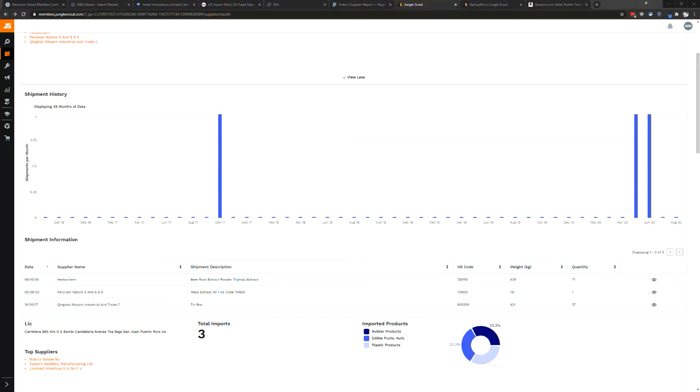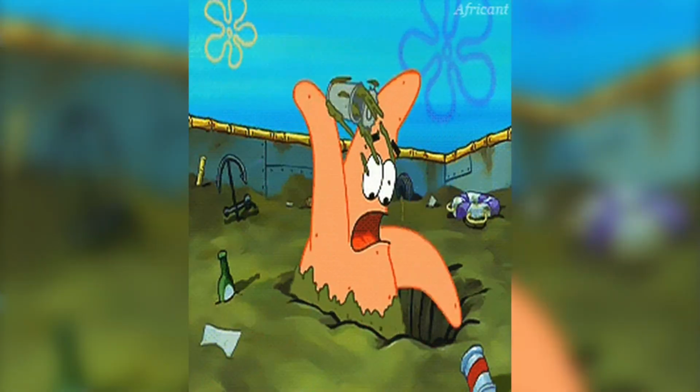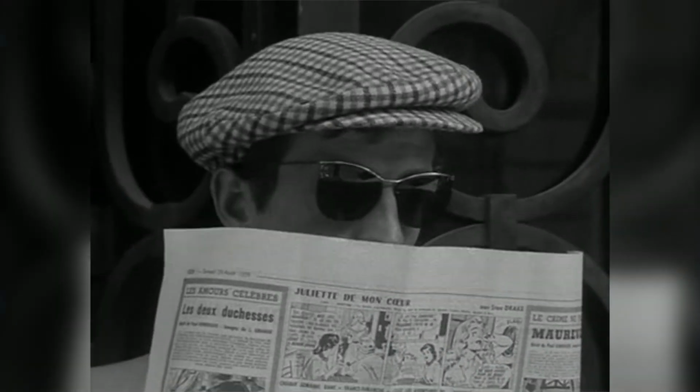And as you can see here, you'll often find extra information across all of these different tools. So I like to go through and pull up all the records I can with both Jungle Scout and Google. And then once you have all of the records that you have access to, you can start digging. You can use this method to find specific suppliers that you're dying to work with because you love their quality, or you can use this to spy on your competitors and figure out what their profit margins are and how much money they're making. There's a ton of different uses for this.